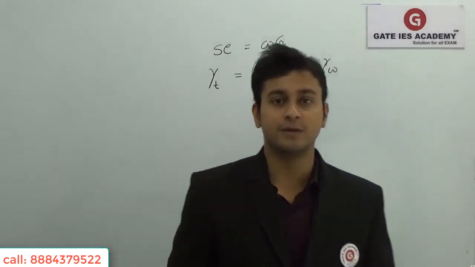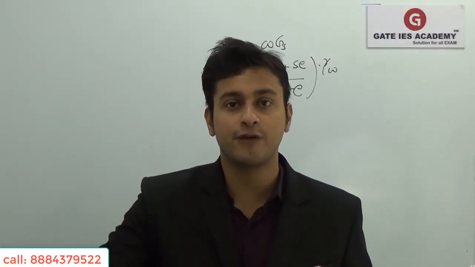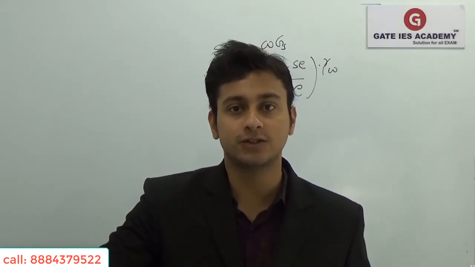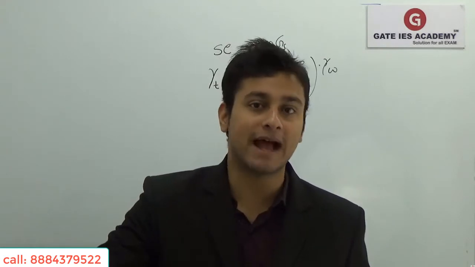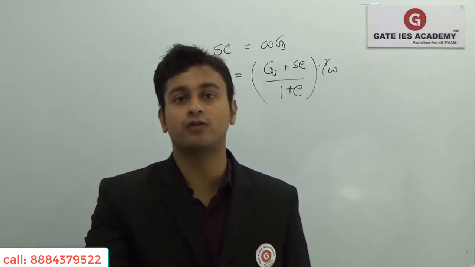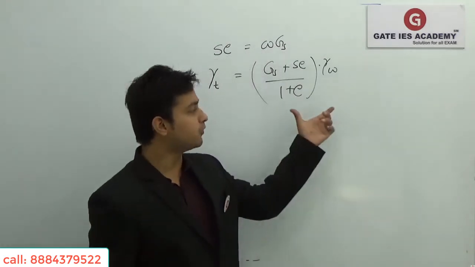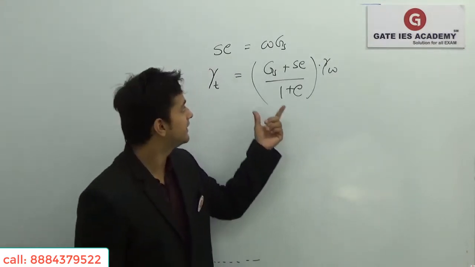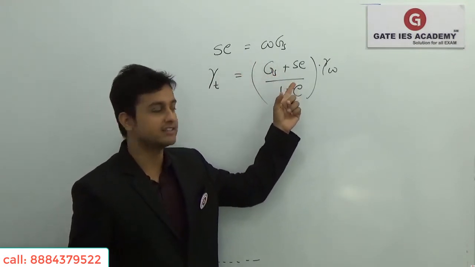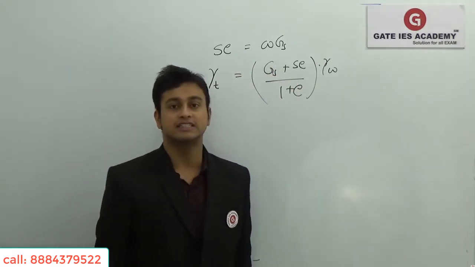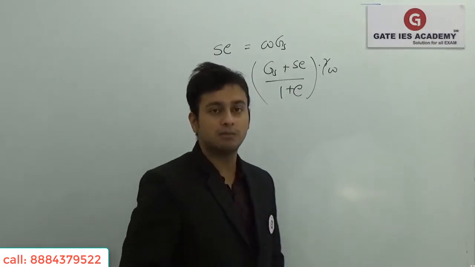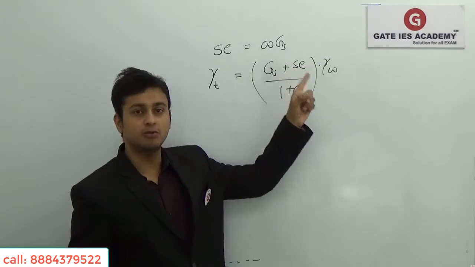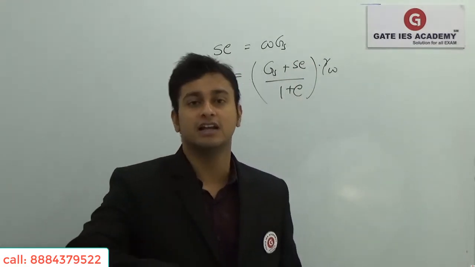Students, so in the previous class we had solved a few IES problems and GATE problems. So today also we'll solve a few years-back GATE problems, and we'll try to focus on the two formulas which I had derived for you in the previous classes. This is nothing but Se = wGs and gamma T = (Gs + Se)/(1 + e) gamma W. So here we can also replace Se by wGs,